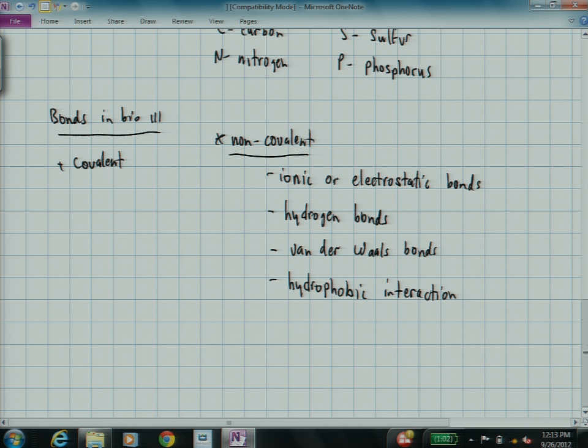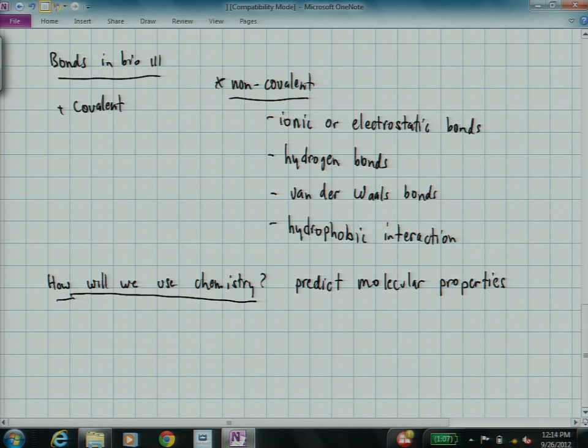So basically the goal is to predict molecular properties. The idea is, looking at those molecules, what can you predict about how they're going to behave? And there's some rules for that. The first is that atomic structure, and specifically the outer shell electrons, let me write that out, electrons, they're abbreviated E minus because they have a negative charge,